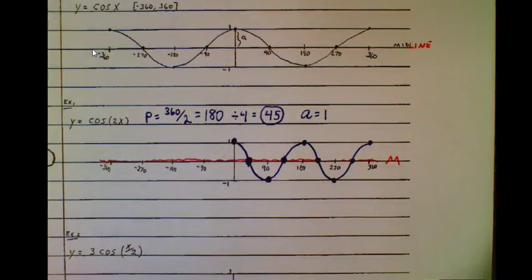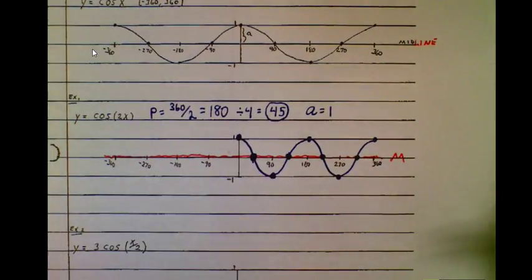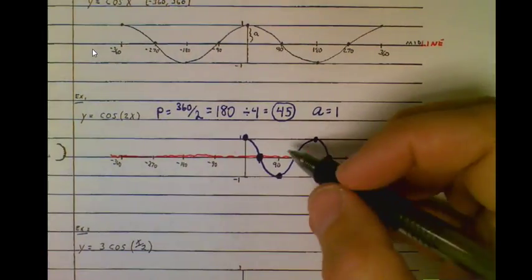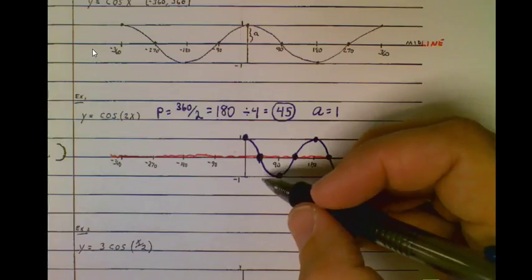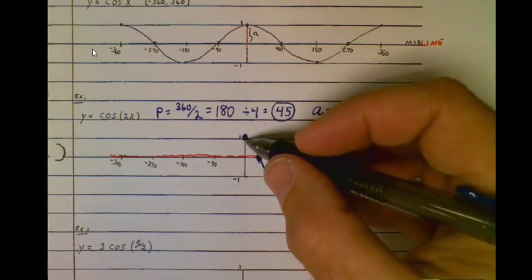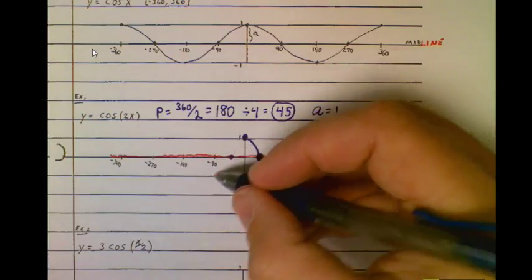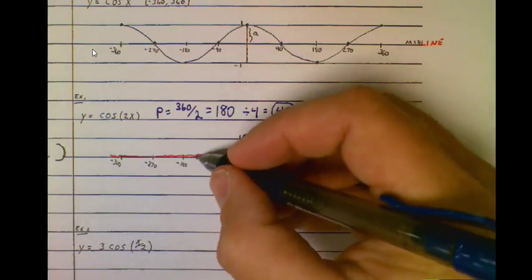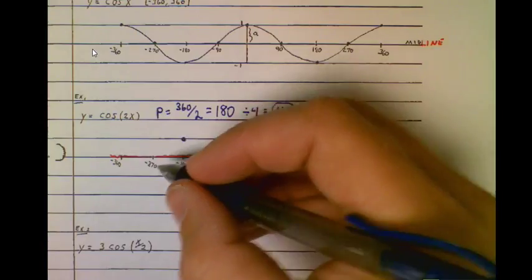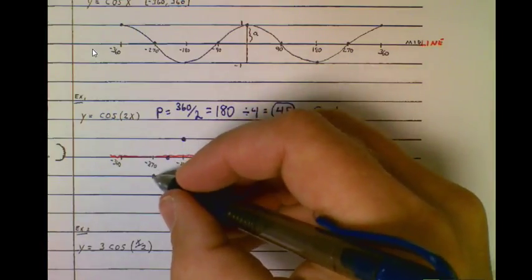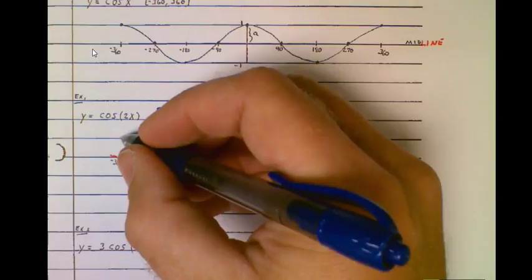So here's what that graph is looking like to the right. If I want to continue it on into the negatives, again, just continue the pattern for what you see here. So as we're at the amplitude, again, making a mark every 45 degrees, I'm back to the midline, amplitude, midline, amplitude, and you just continue that pattern every 45 degrees until you run